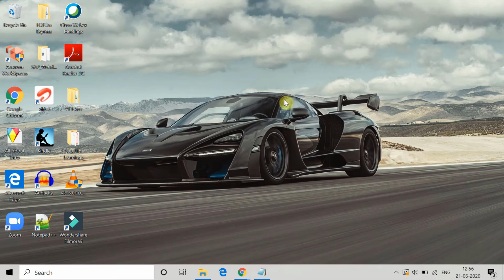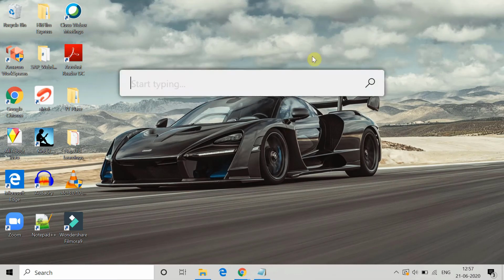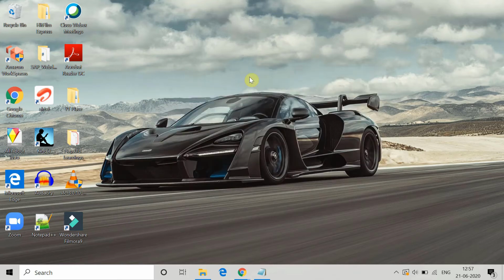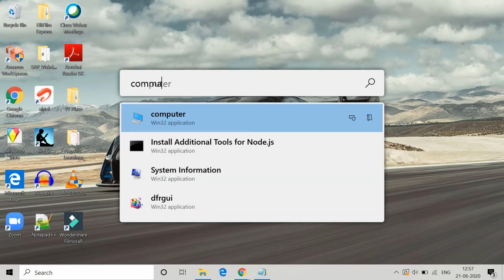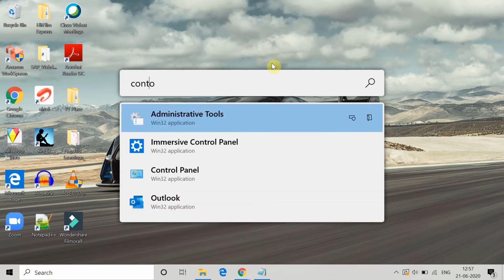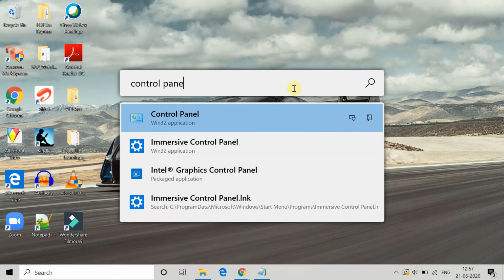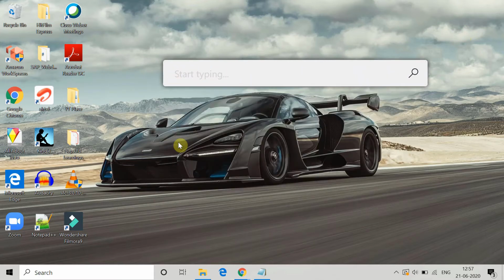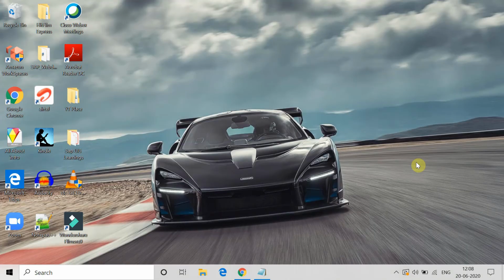Now just press Control plus space and this will open the run command. Here you can type anything, like type command or type control panel, and you can directly get all the results here. If you want to turn it off, just press Control plus space again and it will go away. This is very useful if you are an extensive user. You don't have to open the run window every time. You can directly search from here and use it.